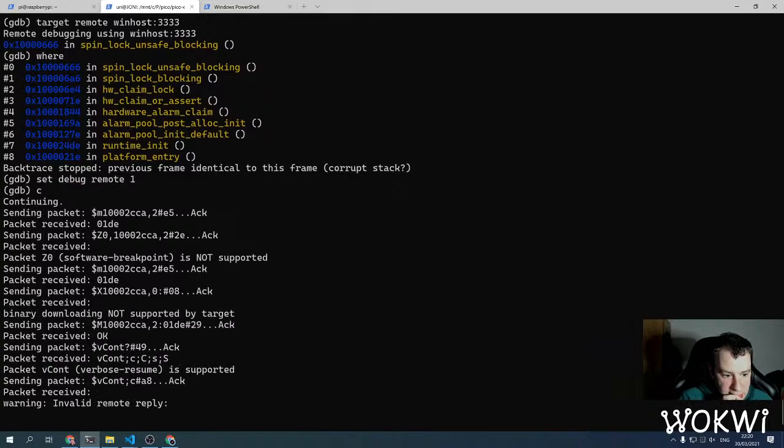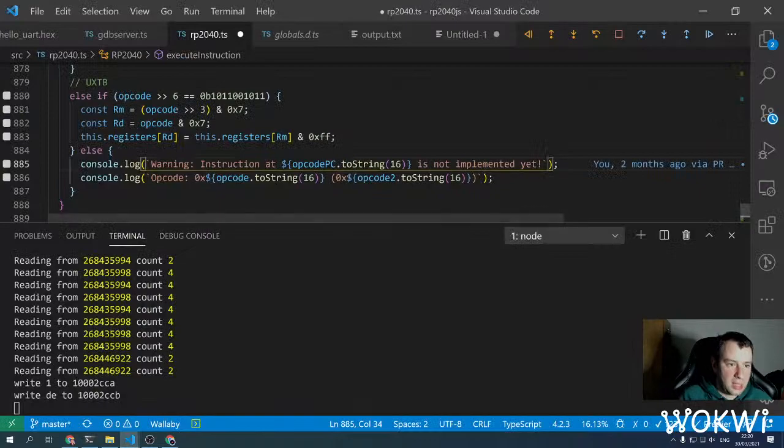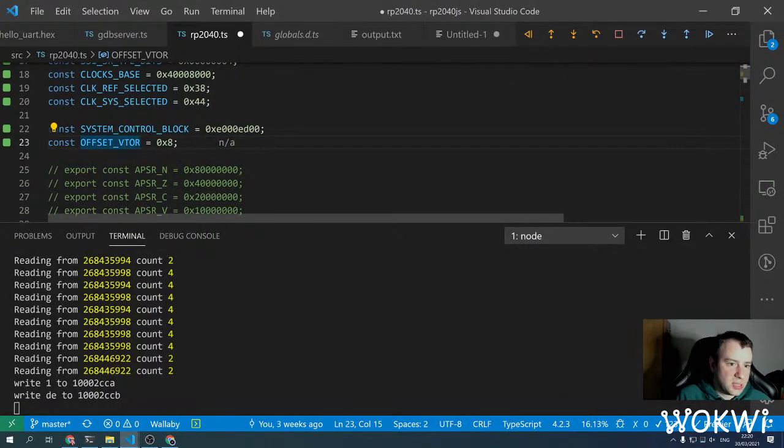Okay, it sends vcont and then it sends another vcont, and I guess it doesn't expect an empty packet here. So why do we send it an empty packet? And I guess the reason